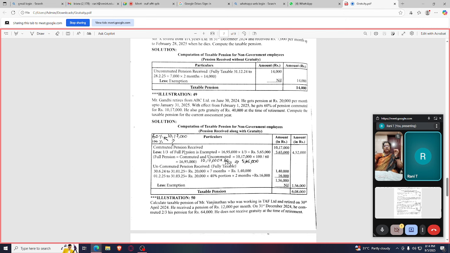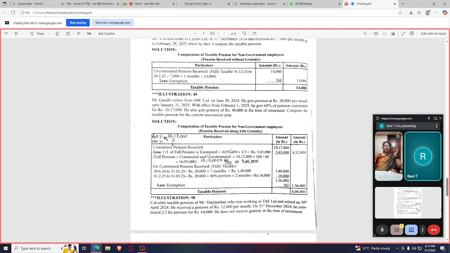don't see this, because the question mark is opposite, so 60 percent will come down. This is nice, see: 10,17,000 into 100 divided by 60. So if 60 percent is 10,17,000, what is 100 percent? Take it as X. So what is cross opposite to X will come beneath. So 10,17,000 into 100 divided by 60. So what amount do you get? You get